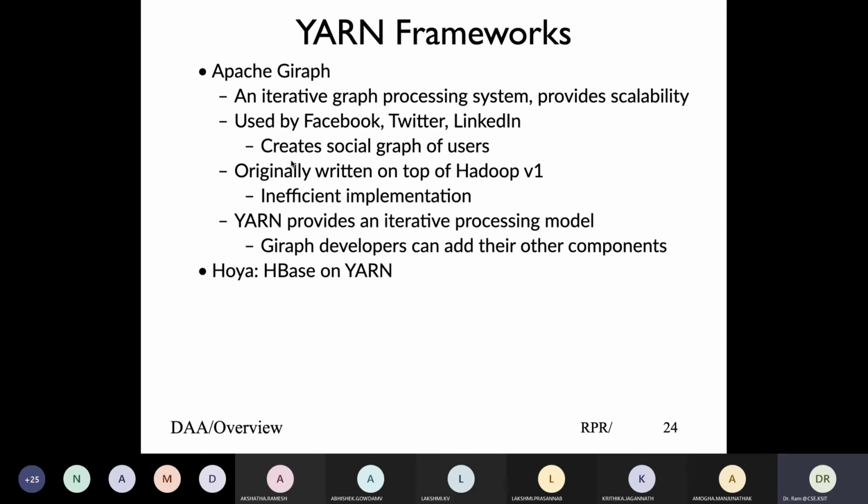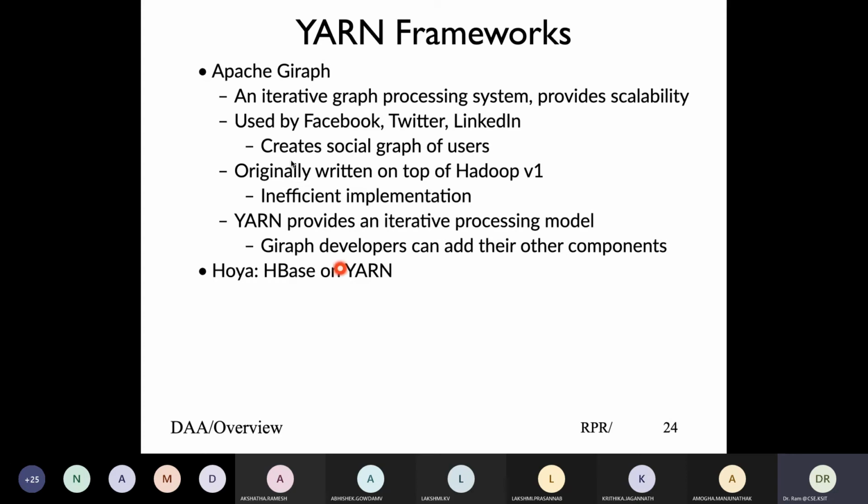Another framework I can look at is Hoya. Again, I said we are giving you a very high level overview. I'm not sure what is going to be asked in the main exam, because this is just plain mugging up. Unless you use them, you probably won't know. But just get a basic idea. At least look at the respective web pages to figure out what the different applications mean.